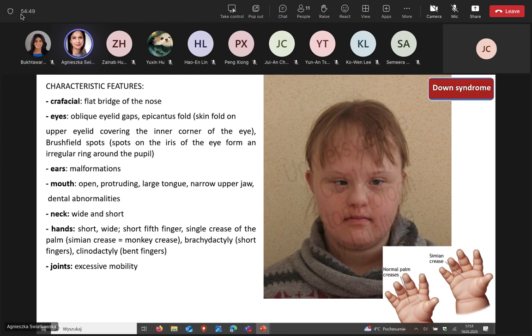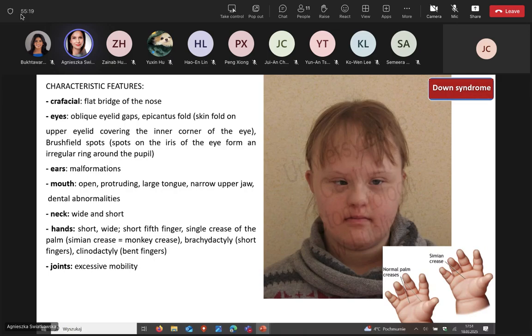Characteristic features: craniofacial flat bridge of the nose, eyes with oblique eyelid gaps, epicanthal fold, Brushfield spots on the iris of the eye forming an irregular ring around the pupil, ears. Malformation, not very often, but we can observe. Very typical for this group of patients